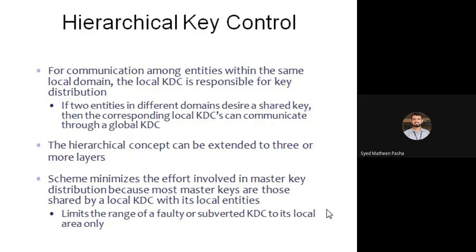The range of a faulty or subverted KDC is limited to the local area only. Within that local part the problem is solved, and it is not taken to the higher level. The higher level here is the global KDC in the key distribution center hierarchy. So this is how hierarchical control works. Depending on what kind of KDC you are using, local or global, it determines how the communication happens between local as well as